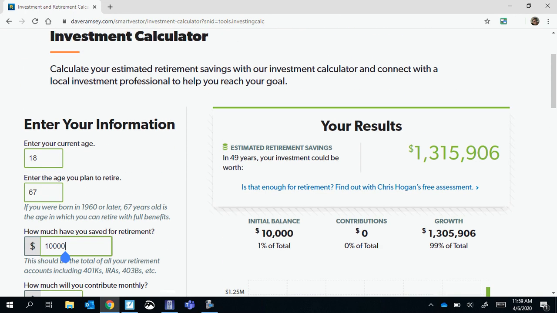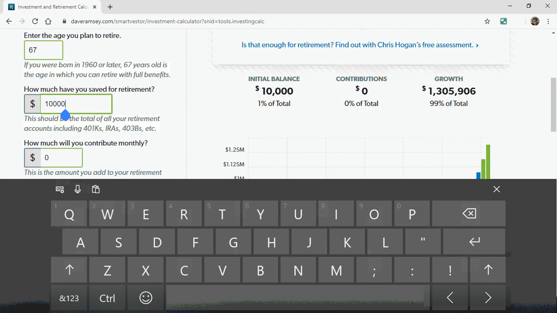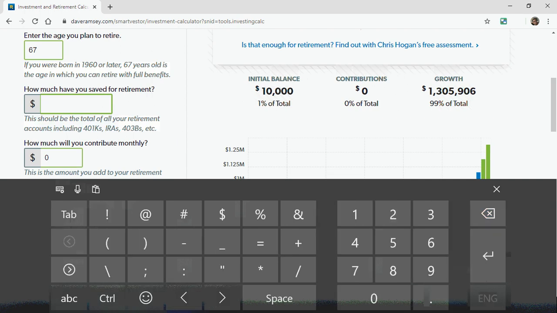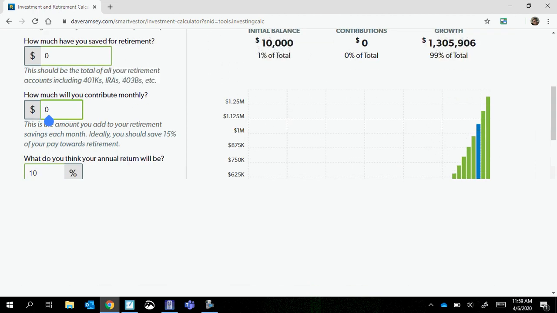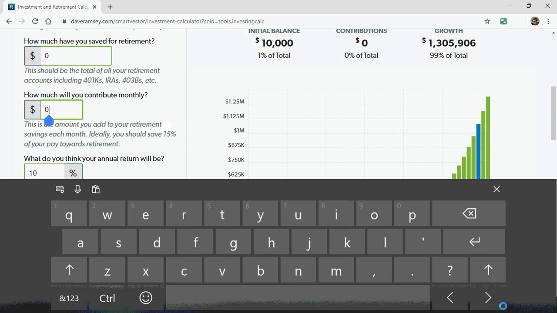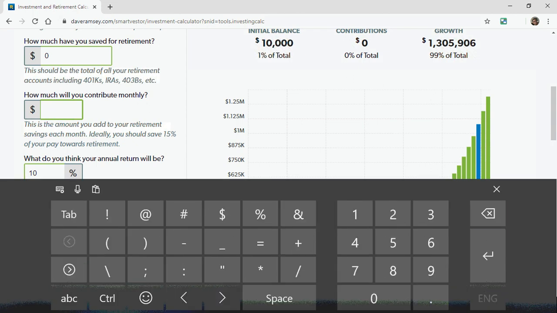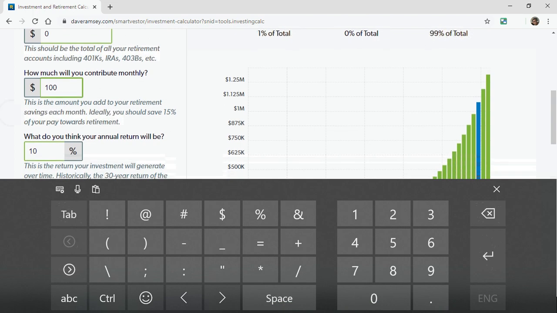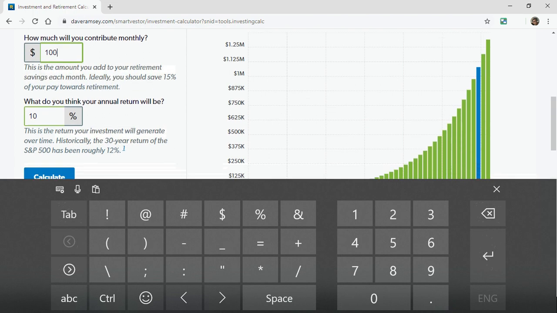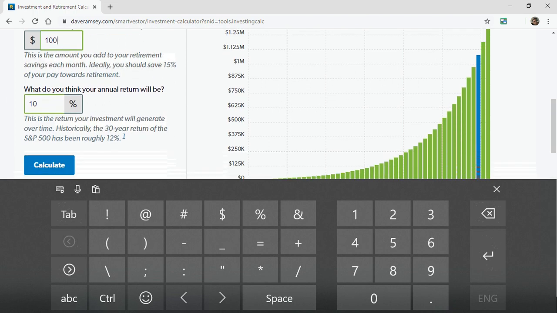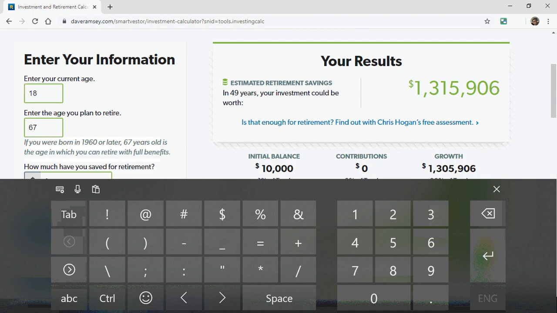Now, like I said, let's do some more realistic things for you. And this is a great website to go and play around with. Say you have no money when you turn 18, because that's pretty likely. But you decide you're going to be committed and put in a little bit of money each month. We'll say $100 just to see what that looks like. $100 per month, typically you'd be paid at least twice a month, so that's like $50 a paycheck. It's not that big of a deal, but if you start that when you're 18